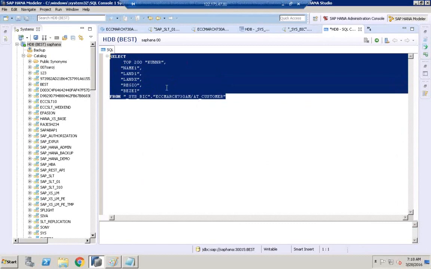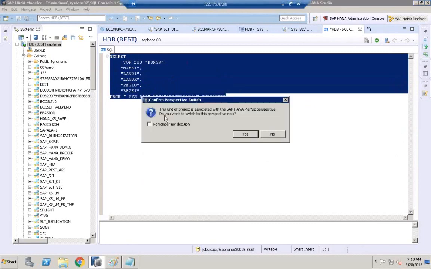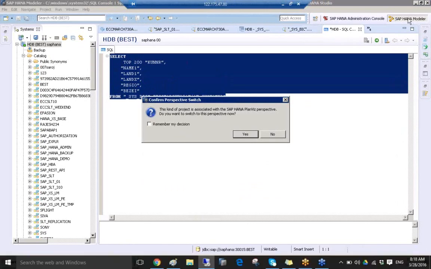We'll copy paste this code over here, right click on the code and click Visualize Plan and click Execute. So confirm perspective switch. Now it is trying to switch from HANA modeler perspective to PlanViz perspective. So when I click yes,